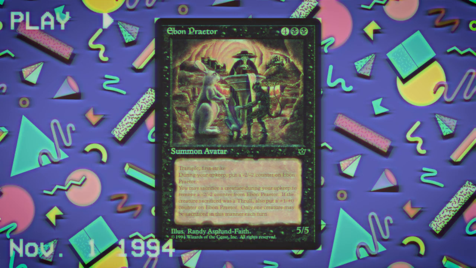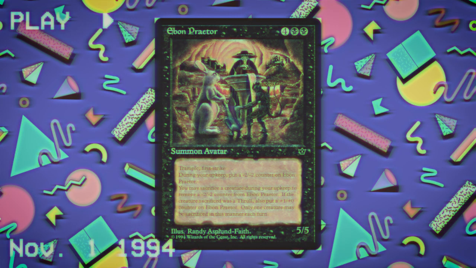Starting in black, where the bomb rare is Ebon Praetor, a 5/5 for 6, and let's just take a look at the text box, a beautiful design. So you get a -2/-2 counter every turn, sacrifice a creature during your upkeep, and you can remove one of the -2/-2 counters unless, of course, the creature sacrificed to Ebon Praetor happened to be a Thrall, in which case